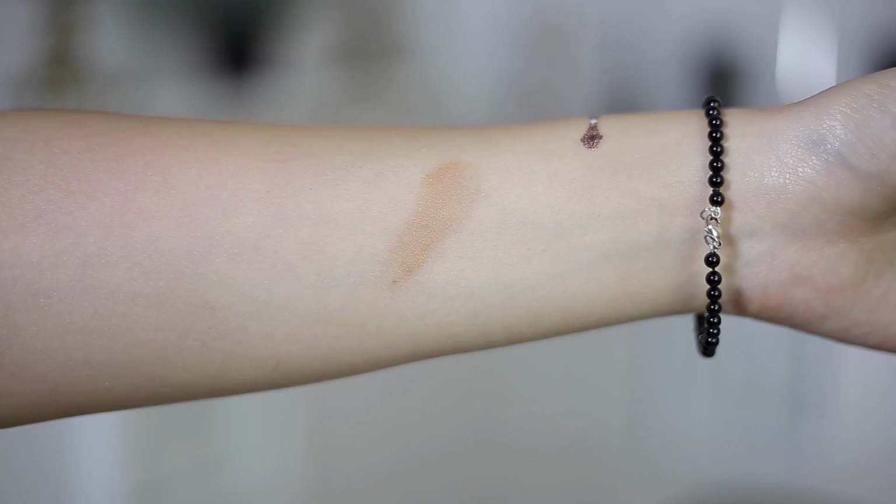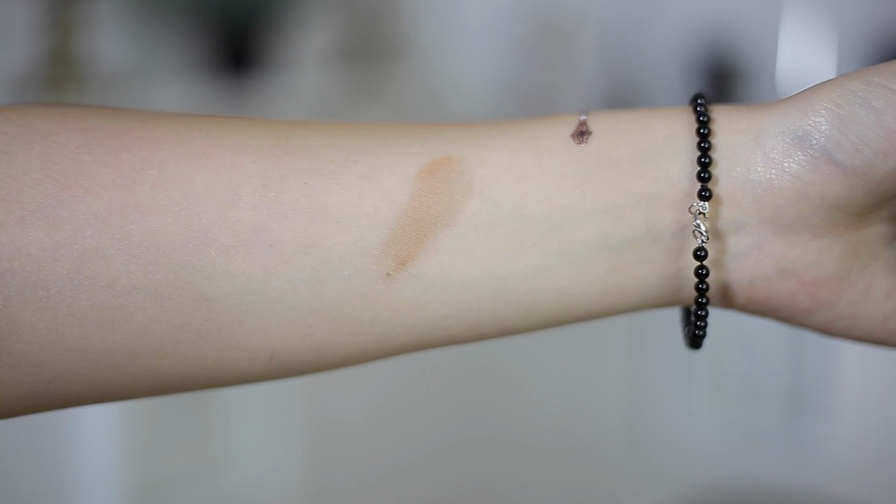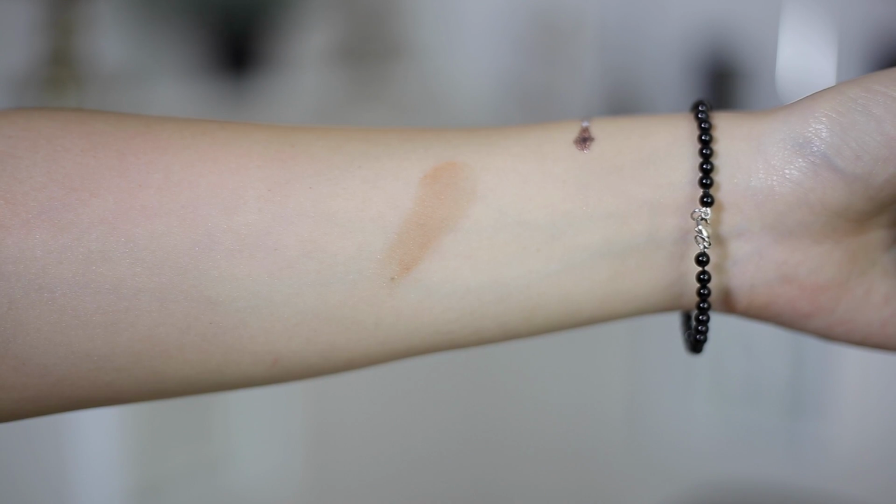I liked using this kind of like as a bronzer / contour, warming up of the face. I didn't do any major contouring with it. This was just wash all over. I like this because it's really warm. I love the formulation. The formulation is just really beautiful. It's never patchy, it's never dry, it doesn't flake off, it lasts a nice time, and it wears nicely on